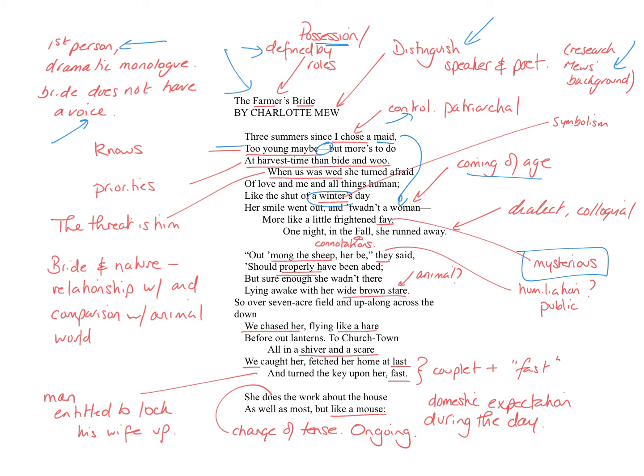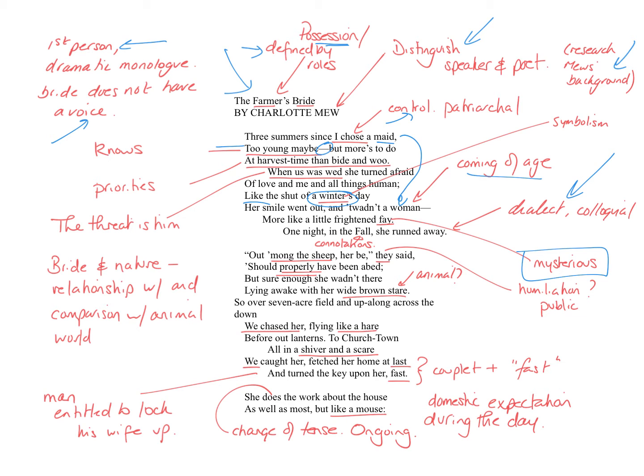The idea of winter in this simile shows that kind of coldness she feels to him, or the coldness he perceives coming from her. And later on, that fits in with the imagery of the Christmas coming, the berries ripening. He wants winter and Christmas to be a time of kind of coziness and cheer and berries ripening, fertility. She's closing everything down. And you get the idea of his character through his use